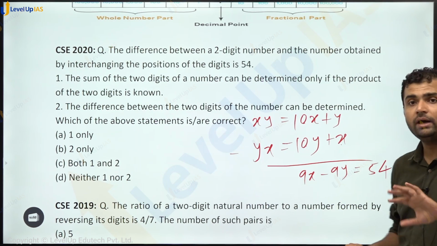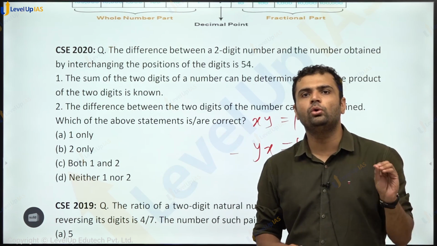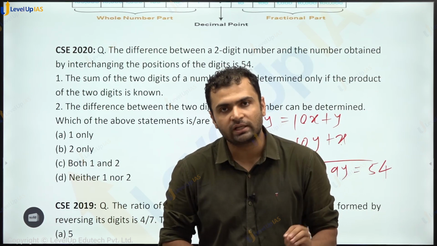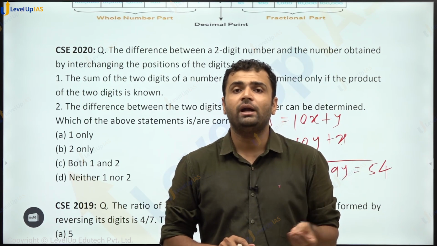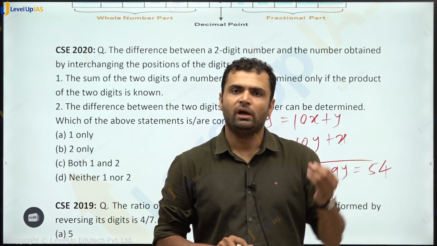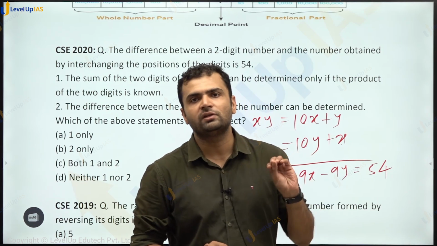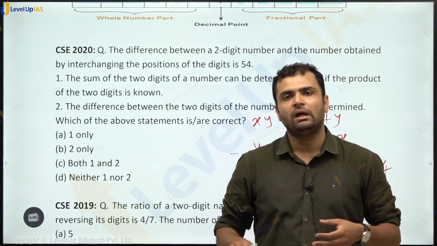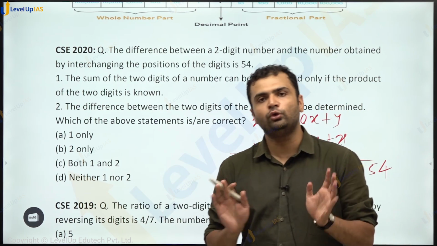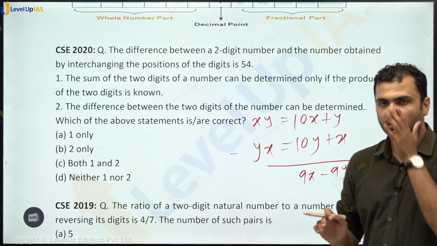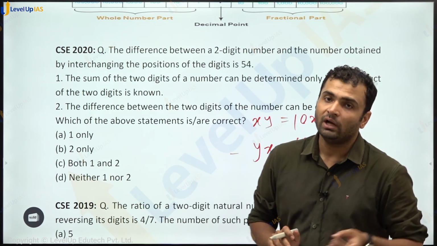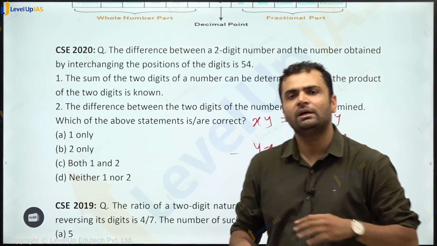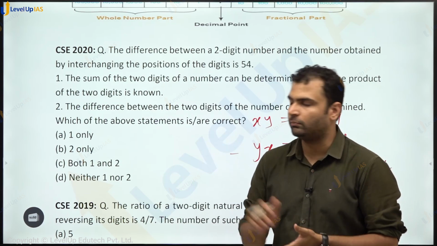And yes, please ensure that you know all the tables at least till 20, all the squares till 25, and all the squares till 30 rather, and all the cubes till 15. This is your homework. This is important because questions based on this have been asked, and calculations become much easier if you know this, or you have mugged this up. There are very few things that you need to mug up, and I'm sure you must have mugged this up in your school days. That is again relevant for the CSAT paper.